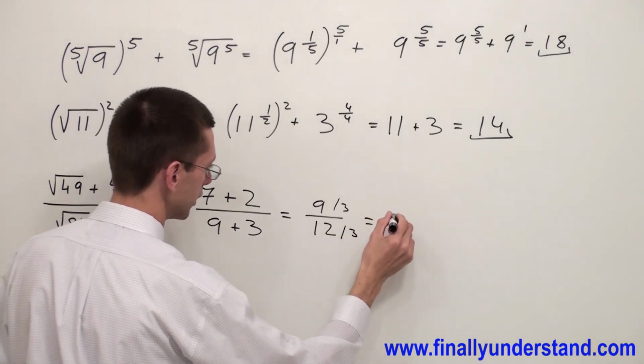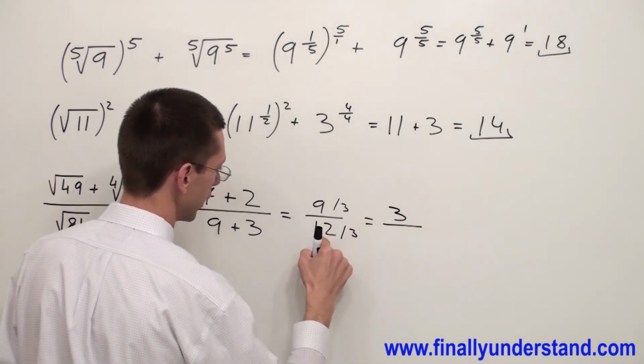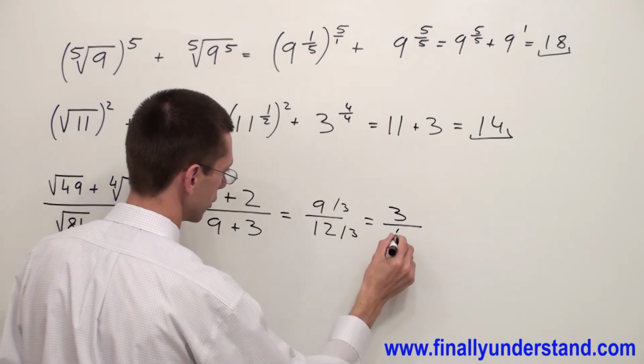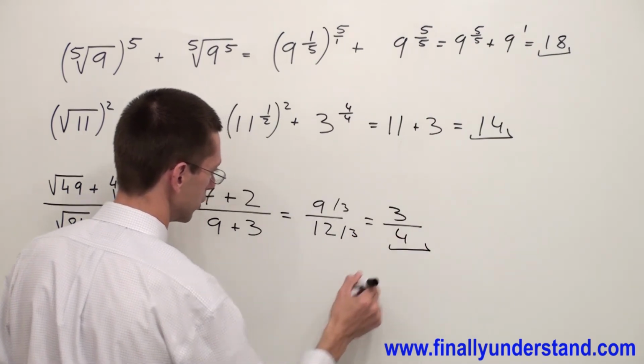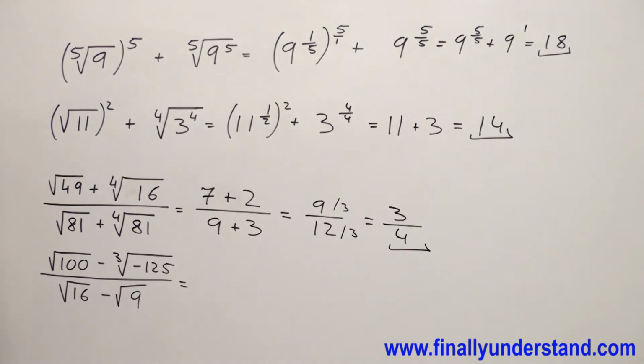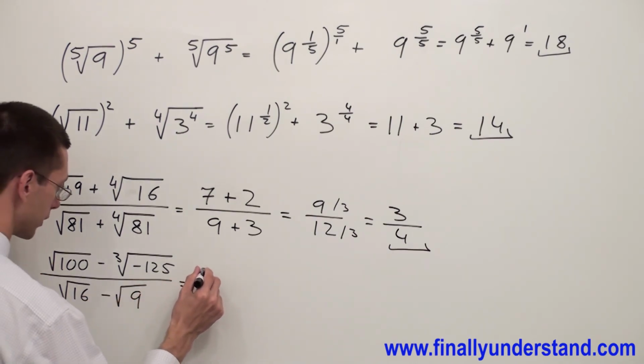9 divided by 3 is 3. 12 divided by 3 is 4. This is the solution to my problem. Let's take a look at this example. I have the square root of 100, which is equal to 10